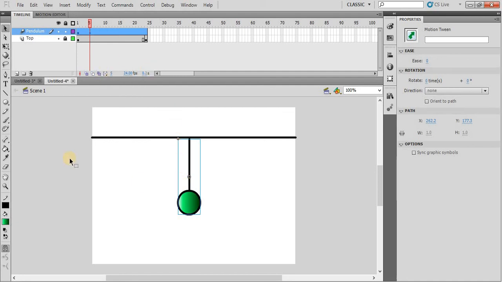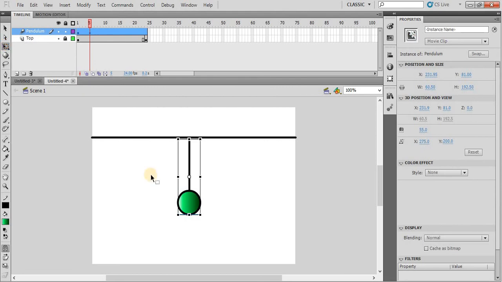Now I want to move this pendulum here, from here to the top. So I will use the free transform tool, and then I will move it here. Oh, what happened? You can see the pendulum position is changed, but I do not want this.